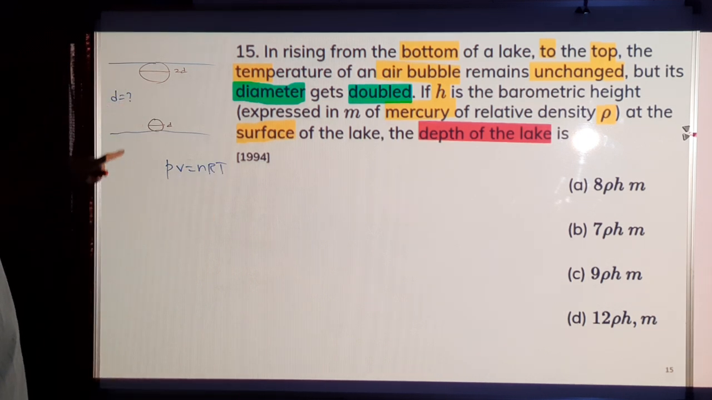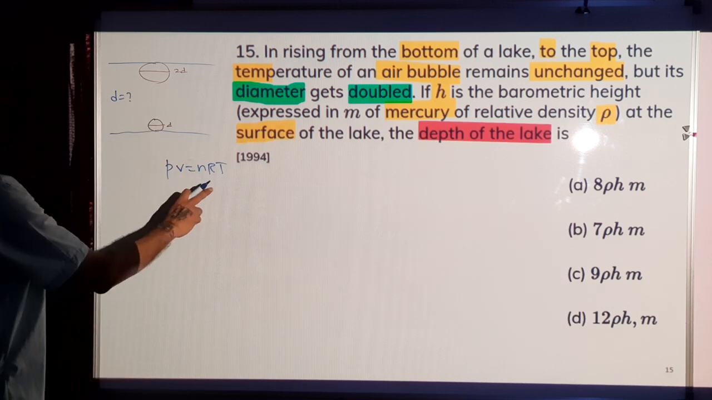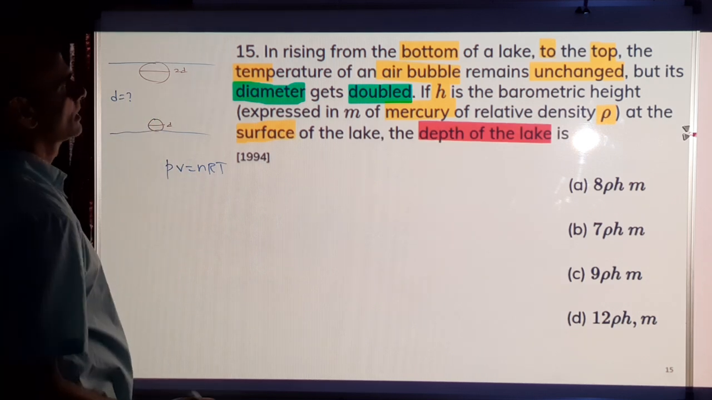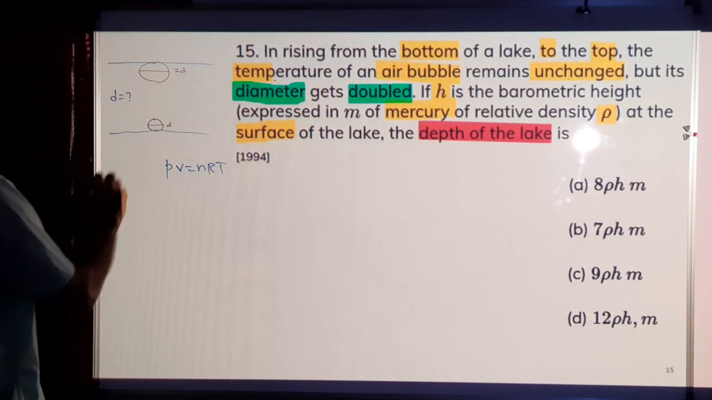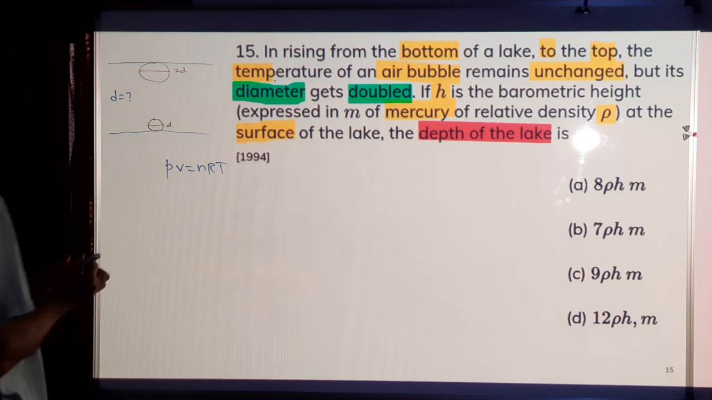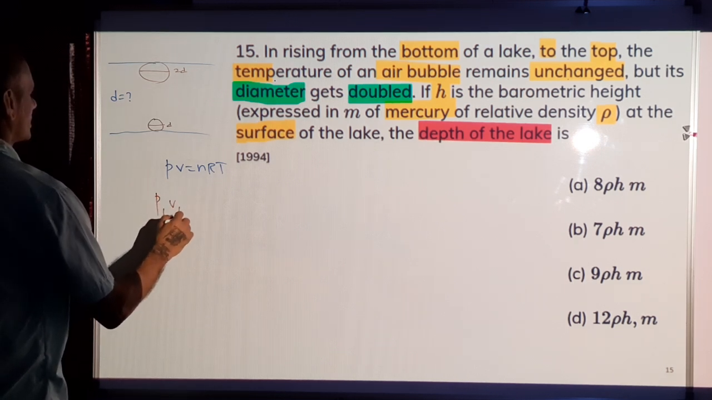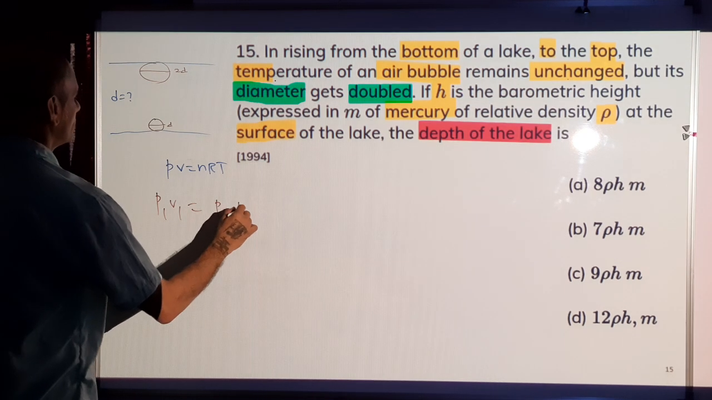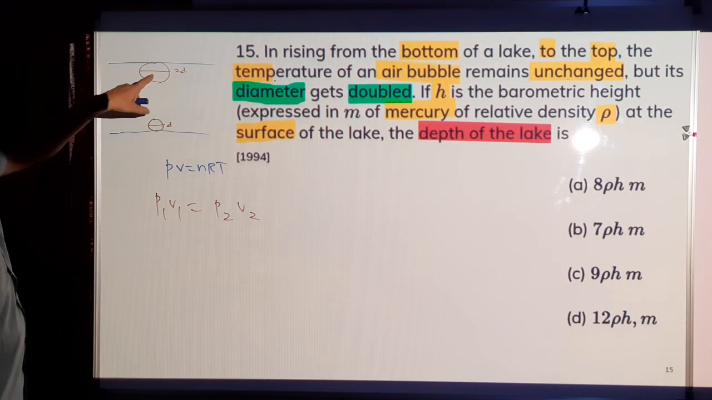So from here to here, the amount of gas is same. So n is same, and R is a constant which is same, and temperature is same. Temperature unchanged. So for this one and this one, PV should be same. So we can write P1 V1 equal to P2 V2. So pressure of air here into the volume and pressure of air into the volume here,